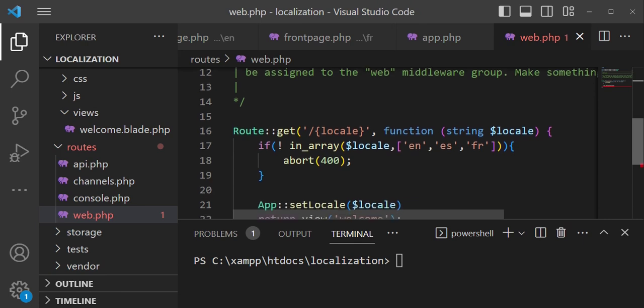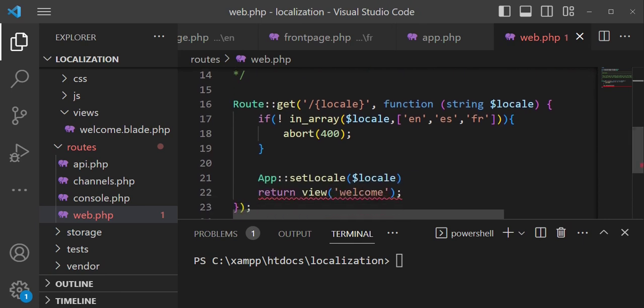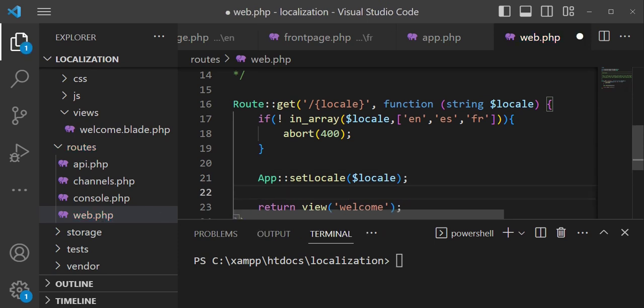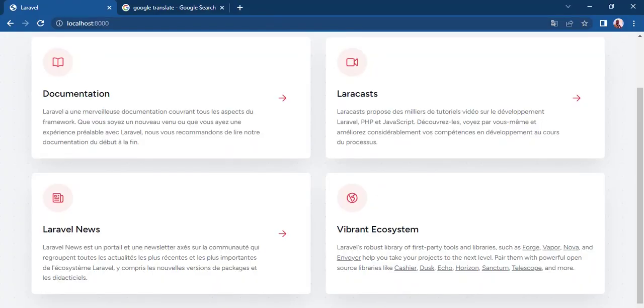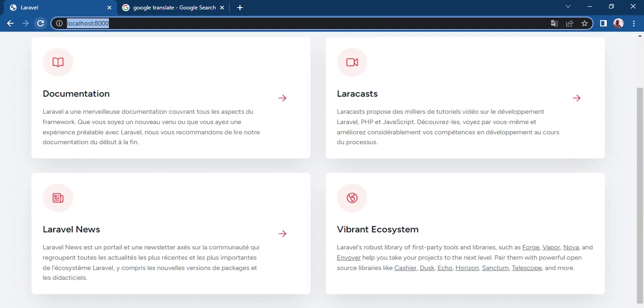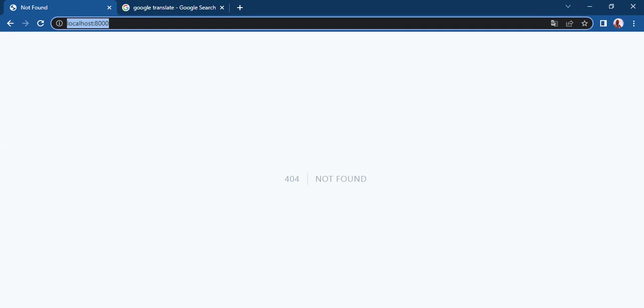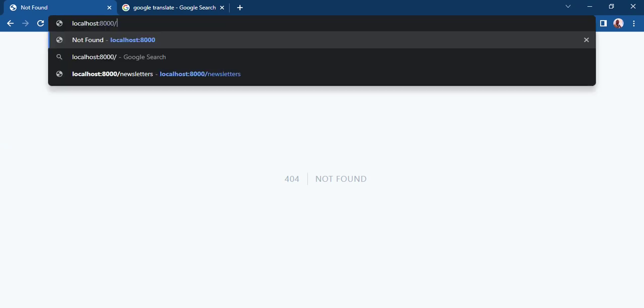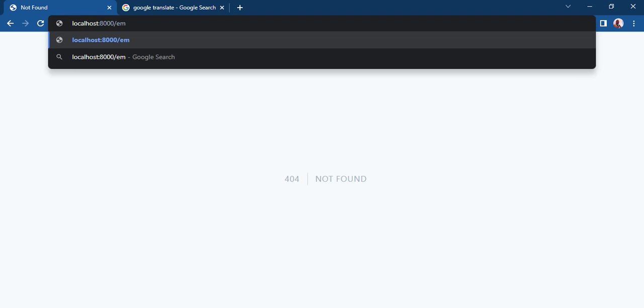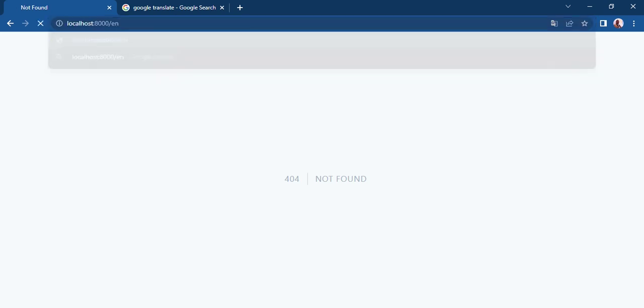I see we have an error. Yes, and it's because I didn't include a semicolon here. So I think everything is fine. Let me see if we can do that. In this case, if you just call localhost like that, we will not be passing in the locale, a string here, so it will give us an error. But if we pass en, so localhost/en,